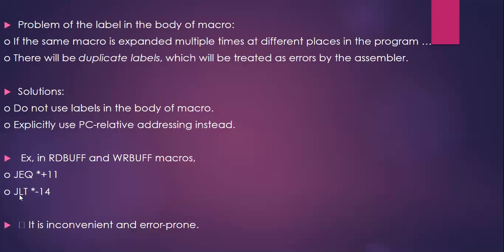In case of this, if it is a jump less than condition, then the program counter value, whatever we are having, should be subtracted by 14. Whatever resultant value is generated, to that location we need to jump. If you don't include such supplements, then it will generate an error or an inconvenience.